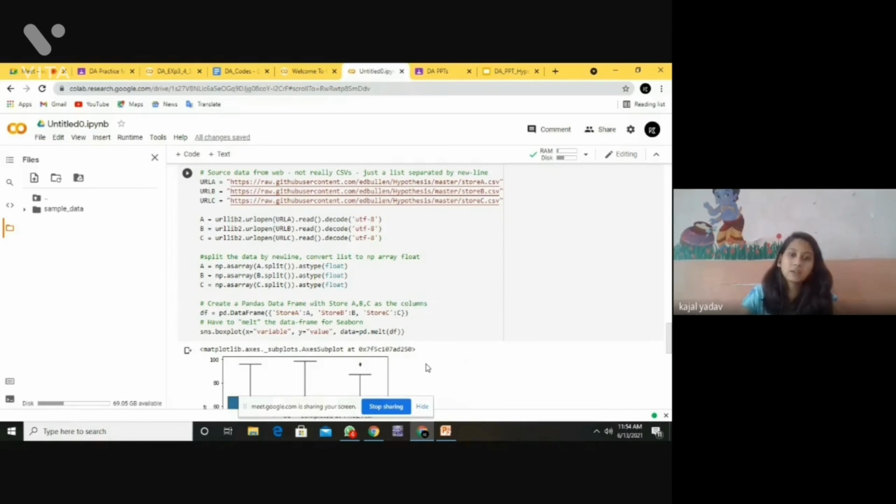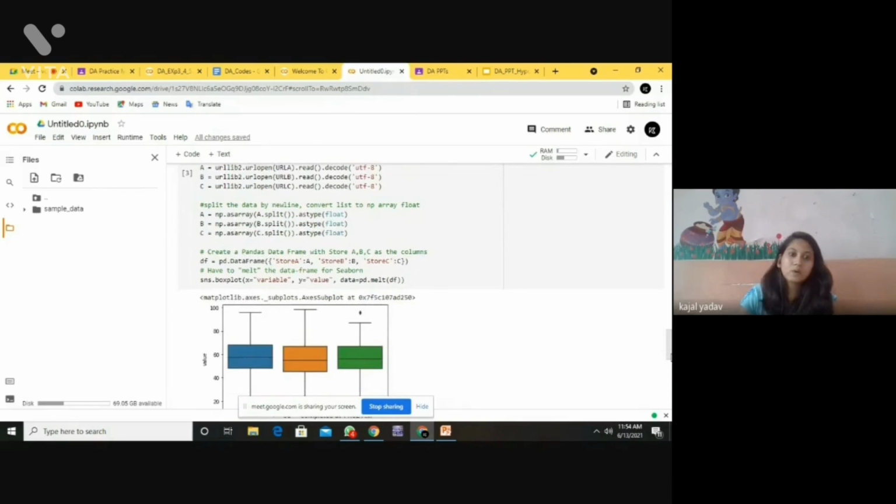So we melt the data form for Seaborn. For the sns boxplot we are giving x as the variable, y as value, and the data as pd.melt of df as a parameter.